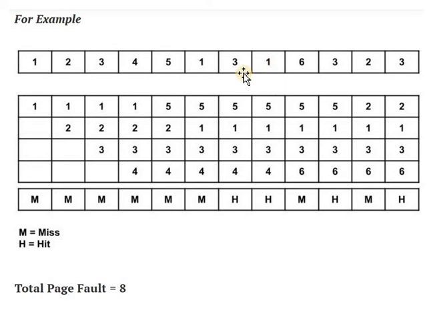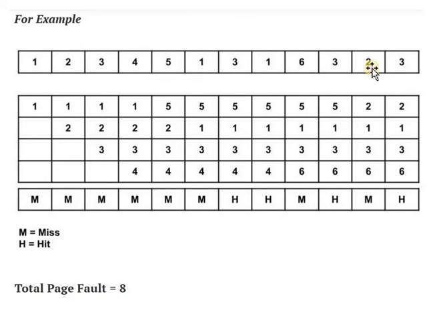The pages 1, 3, 1, 5, these are the pages used recently. This 4 is the least recently used page. This page 4 is not recently used. So, it will be replaced. Same way, when 3 comes, it is available in the memory. So, here a page hit will occur. So, no page replacement occurs.